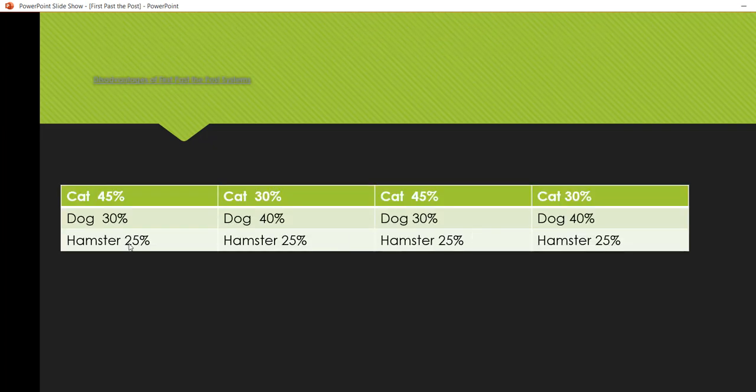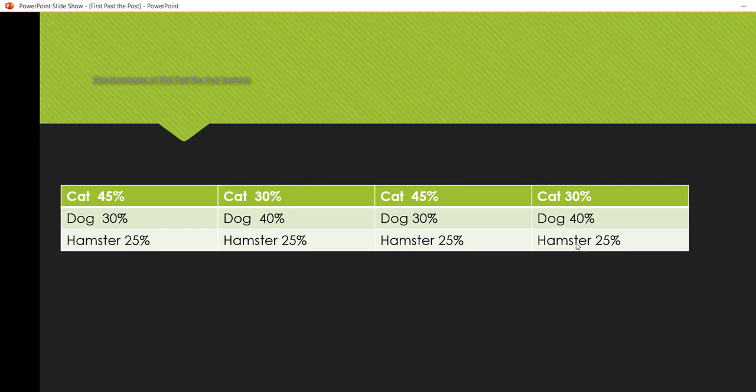So I have 3 political parties here: the Cat Party, the Dog Party, and the Hamster Party. And these are 4 single member districts, and each party is running a candidate in each of these districts. The way I've set it up, the Cat Party gets the most votes in 2 of the districts, and the Dog Party gets the most votes in the other 2 districts. The Hamster Party gets 25% of the vote in each of the